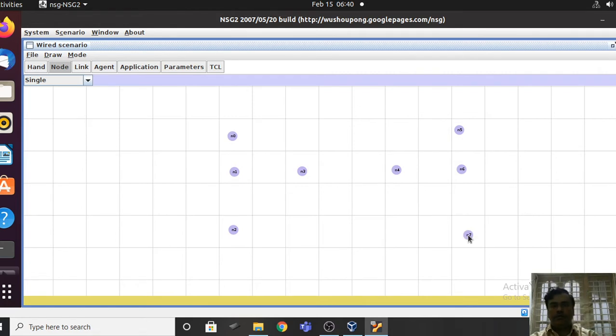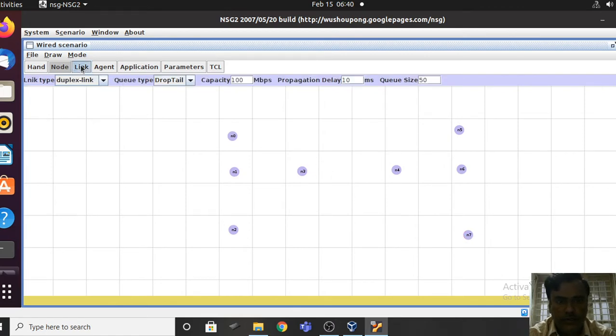I have created the nodes, and then I'm going to create links between the nodes.